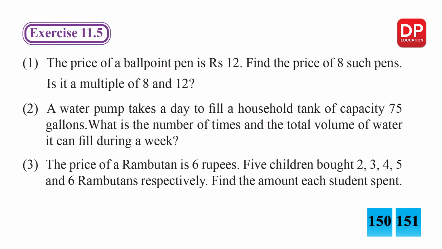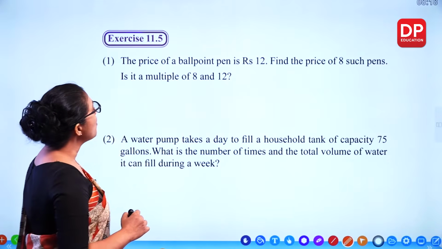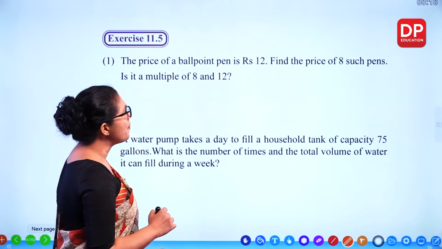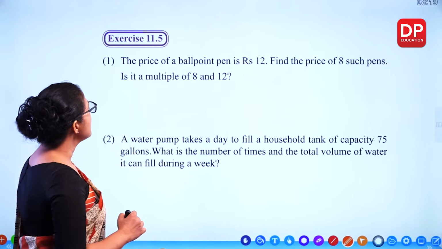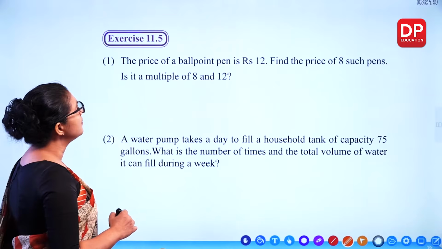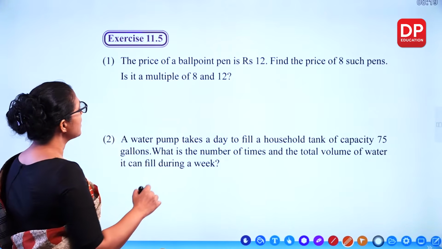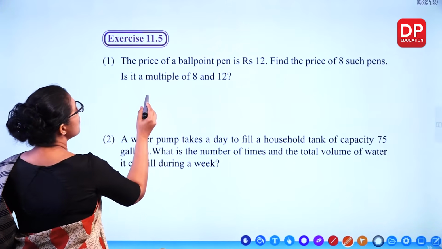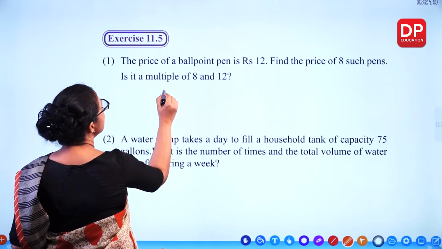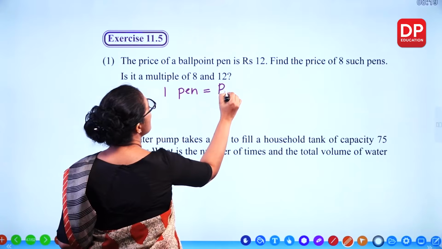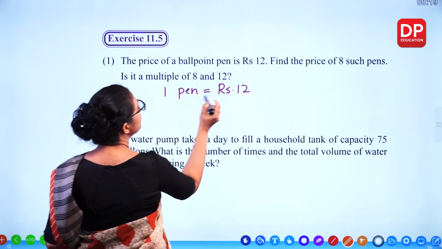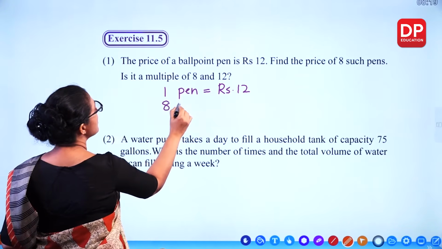Exercise 11.5. The price of a ballpoint pen is 12 rupees. Find the price of 8 such pens. Is it a multiple of 8 and 12? So we'll check. So the price of 1 pen is 12 rupees and the price of 8 pens,